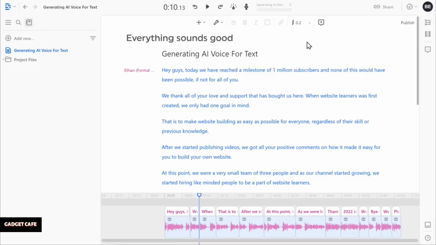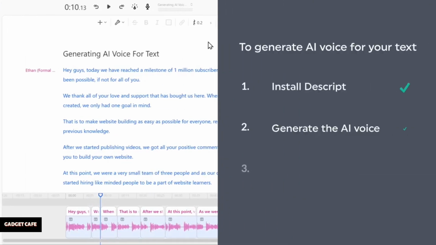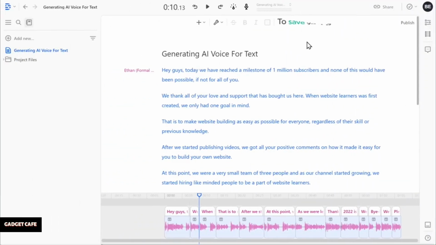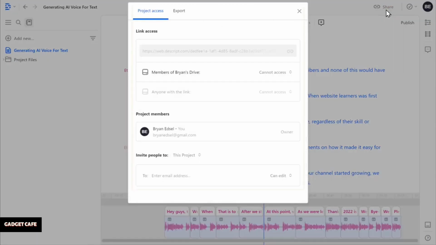Now everything sounds good. Okay, once you generate the voice, let's go to the final step, which is to save the voice you generated. Now to save your generated voice, all you have to do is click share, and it will show this pop-up window. Now select export here,